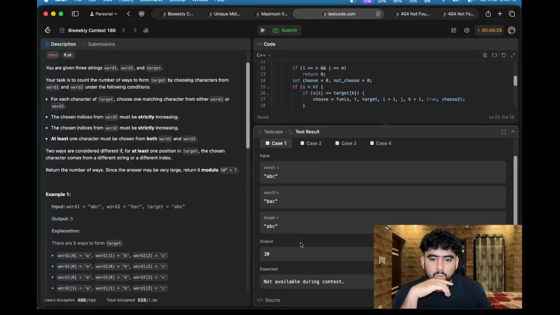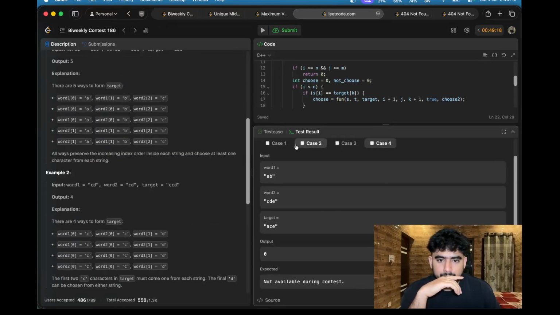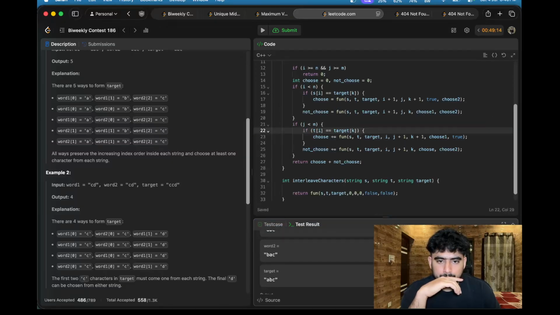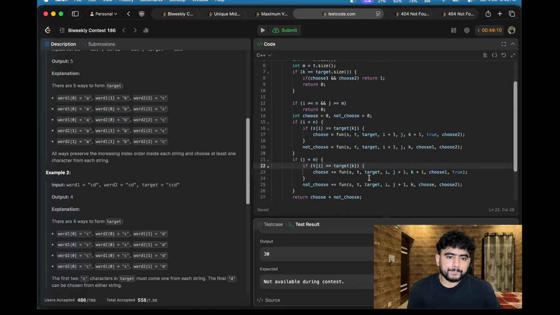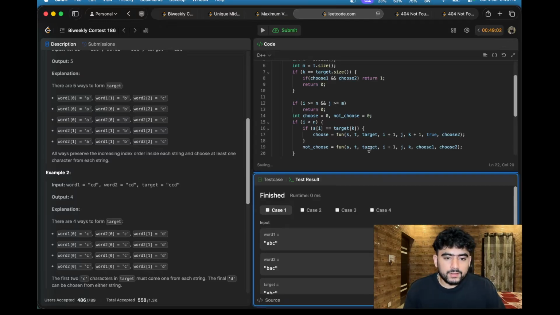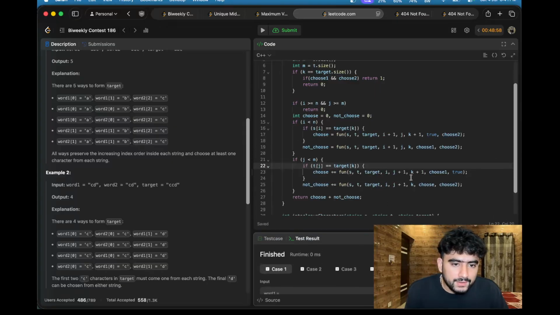Oh my god, I am getting 30 as answer. So if s of i, oh sorry, it is going to be t of j, I think this was the mistake. So let's see. So now I am getting